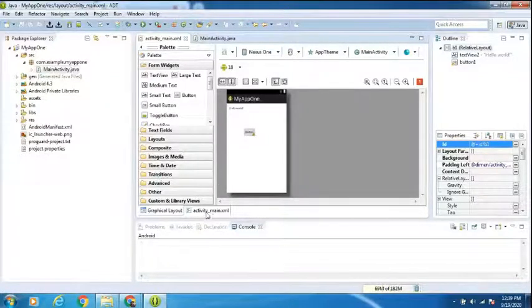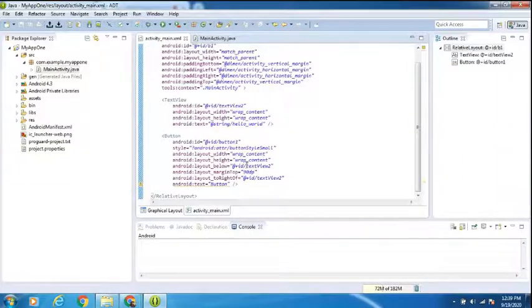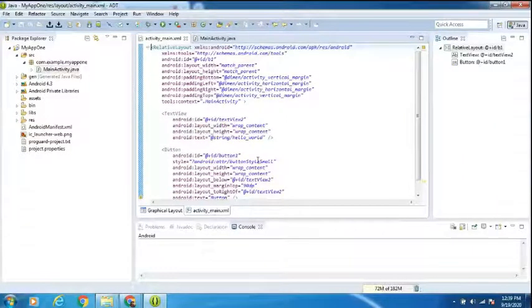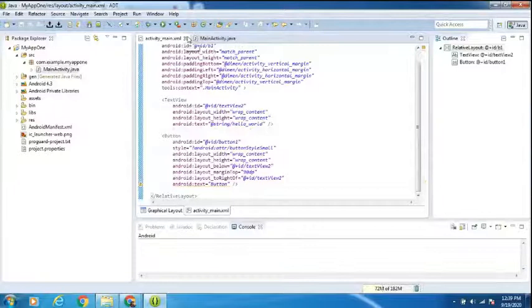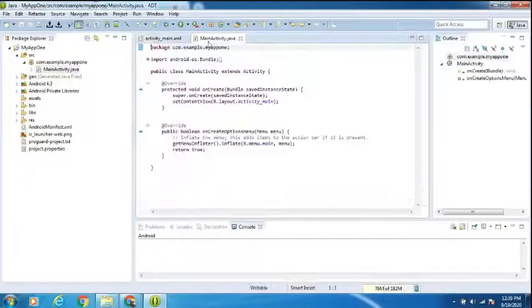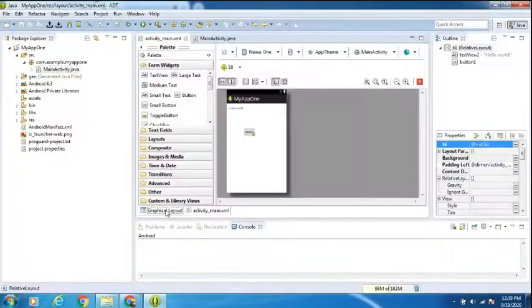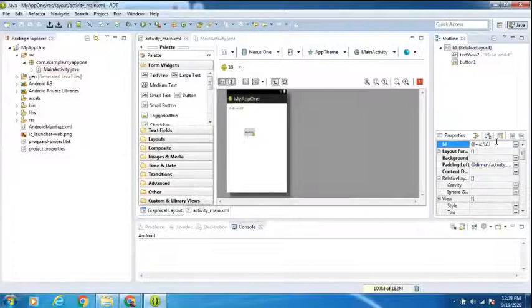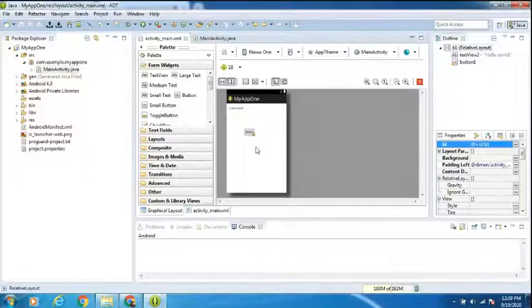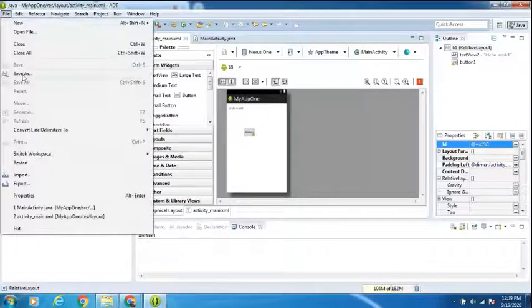When you change it here, you can see here. Now the button one, wait here, wait. Control S. Okay, go for Control S, save, and also go for Save All.